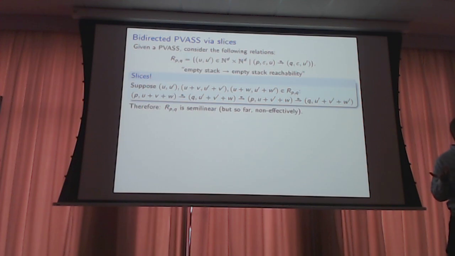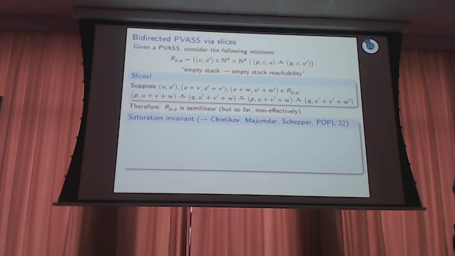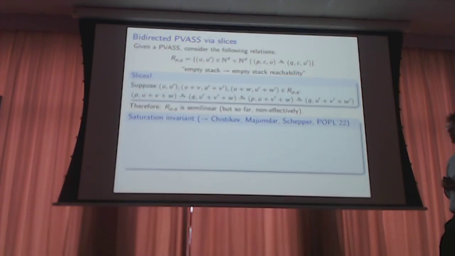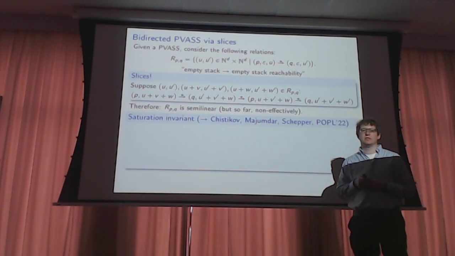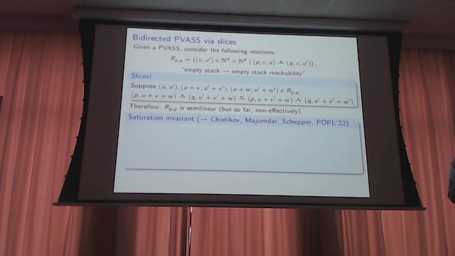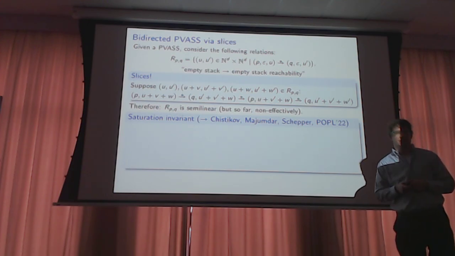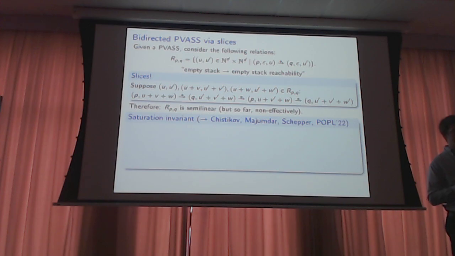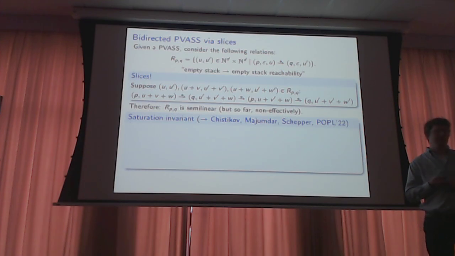But not effectively. So this is not the proof yet. But it turns out there's an easy way of detecting if you found something good enough. It's not quite the reachability relation, but at least a certificate for non-reachability. And this will give rise to an algorithm like Jérôme Leroux's algorithm on reachability, because you will be able to certify non-reachability by some similar